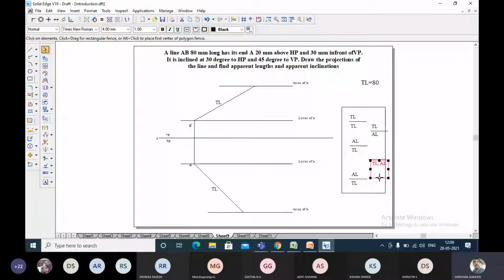Here the line shows the vertical plane, this is the horizontal plane, the XY line I have shown. Sometimes they'll be giving us these two conditions, and sometimes the true length and apparent length also may be given.